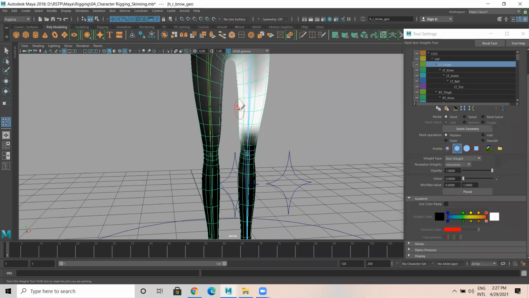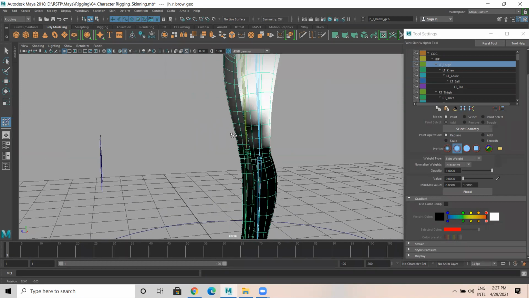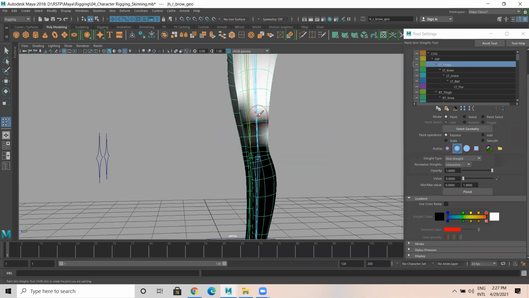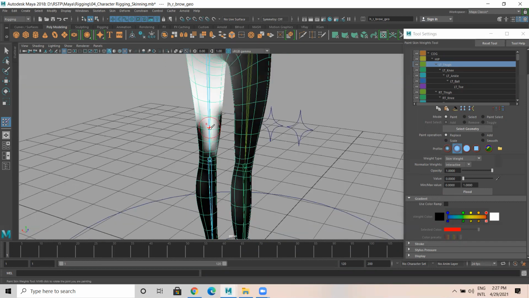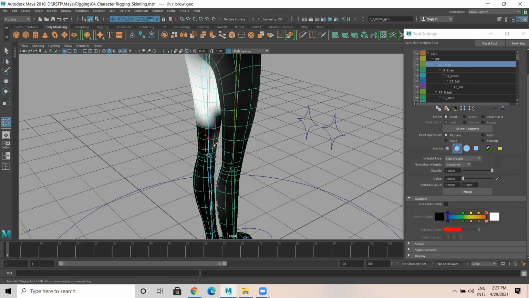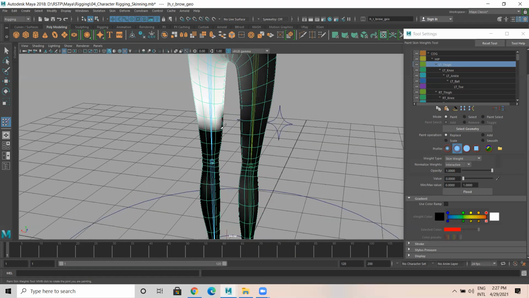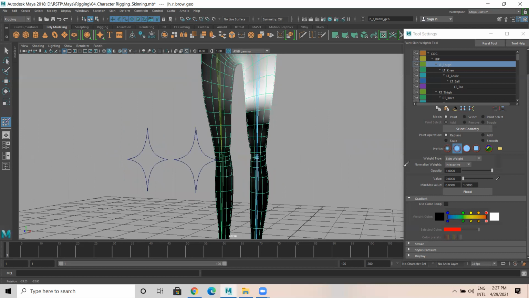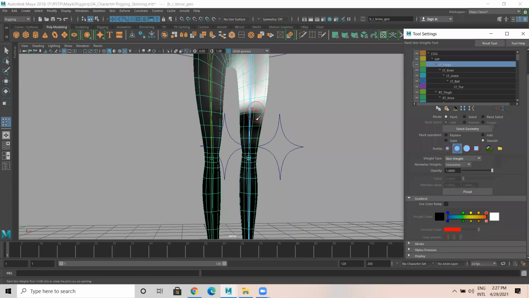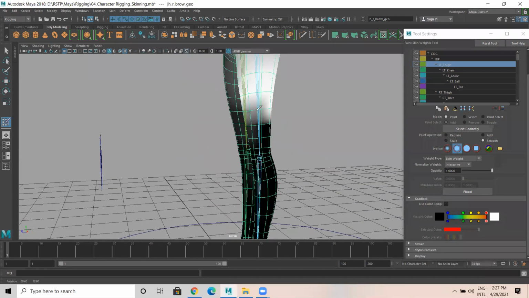This is the thigh part. Thigh part up to here, I don't want any influence. Later what I do is I'll take smooth, I smooth this part.